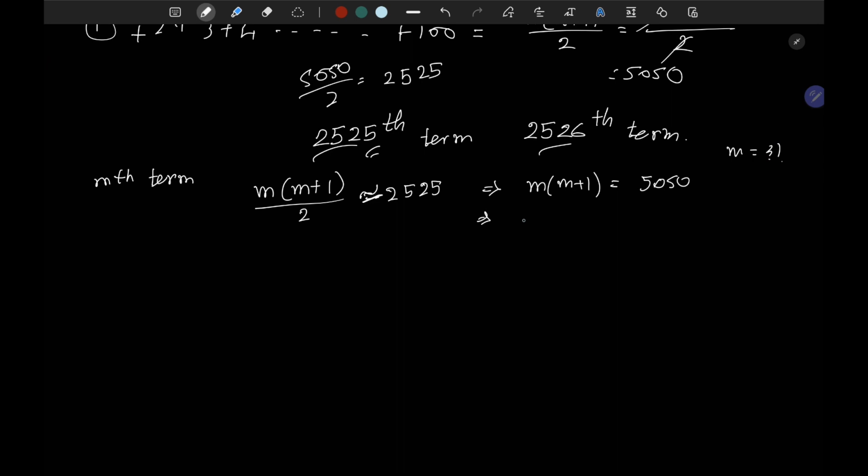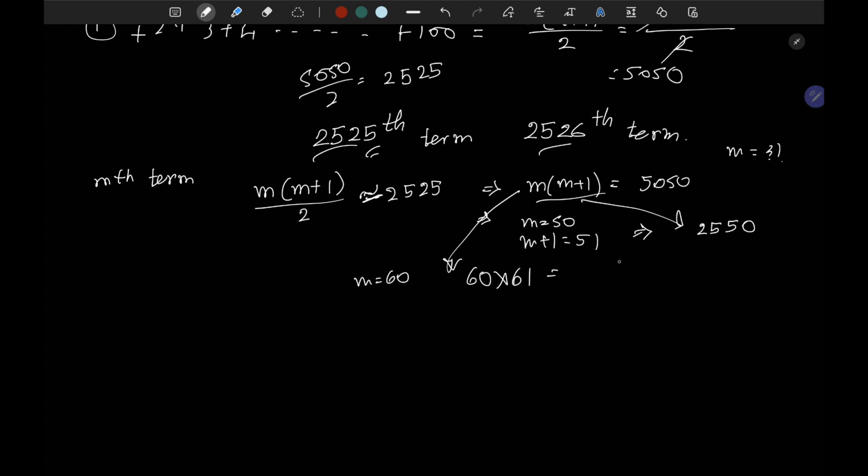Let's start with 50. So if m is 50, m plus 1 is 51, and you will have this particular value as this, right? Let's try 60. If m is 60, then this particular value would become 60 into 61, or that becomes this. Still we are far from this number. Let's take 70. If m is 70, then 70 into 71 is your,